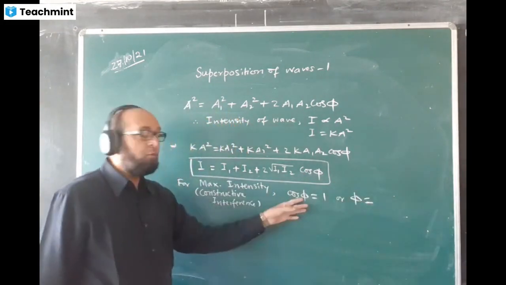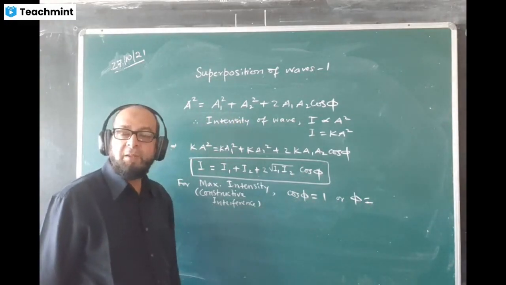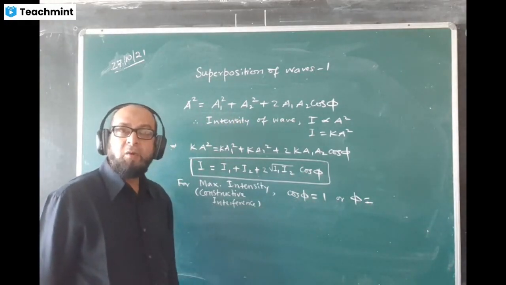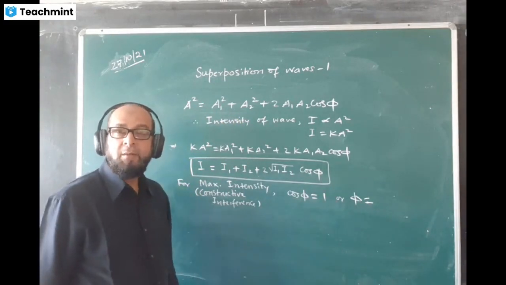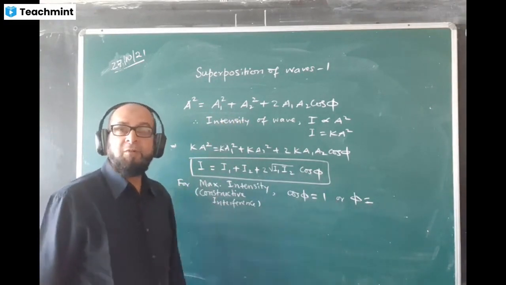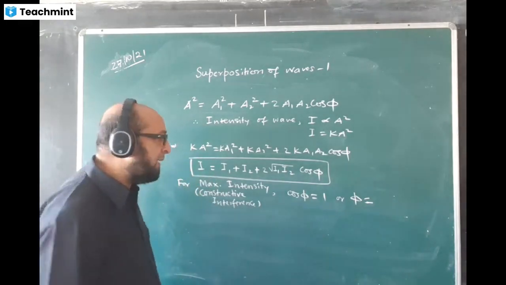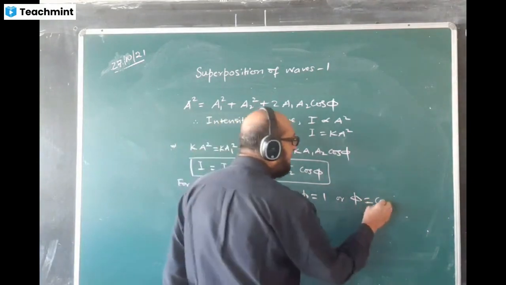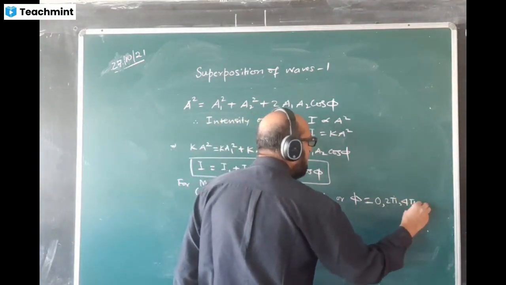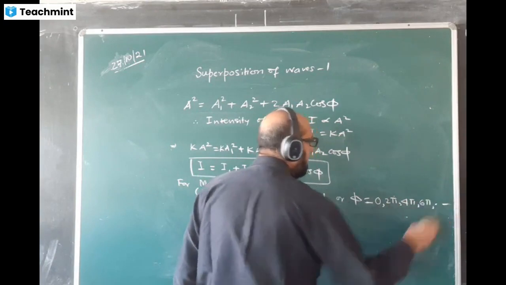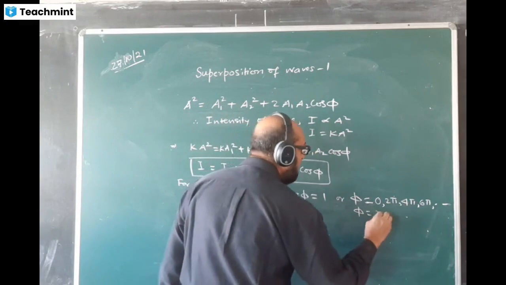Phi must be which value, which angle? Cos 0 degrees is 1, cos 360 degrees is also 1, cos 720 is also 1. We are going for many values, general values. So I would write here 0, 2 pi, 4 pi, 6 pi, etc. What kind of multiples are they? They are even multiples. Write down 2n pi,